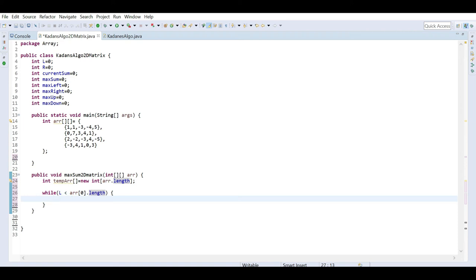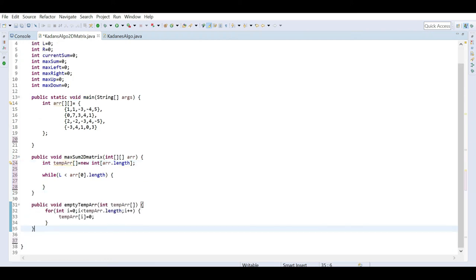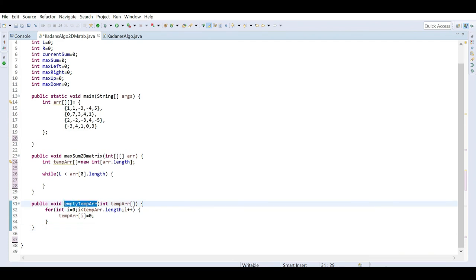Okay, and before proceeding we have to make this temporary array always empty, means we have to fill it with 0. For that purpose we can write one method below somewhere, which will empty the temporary array by filling it with 0.